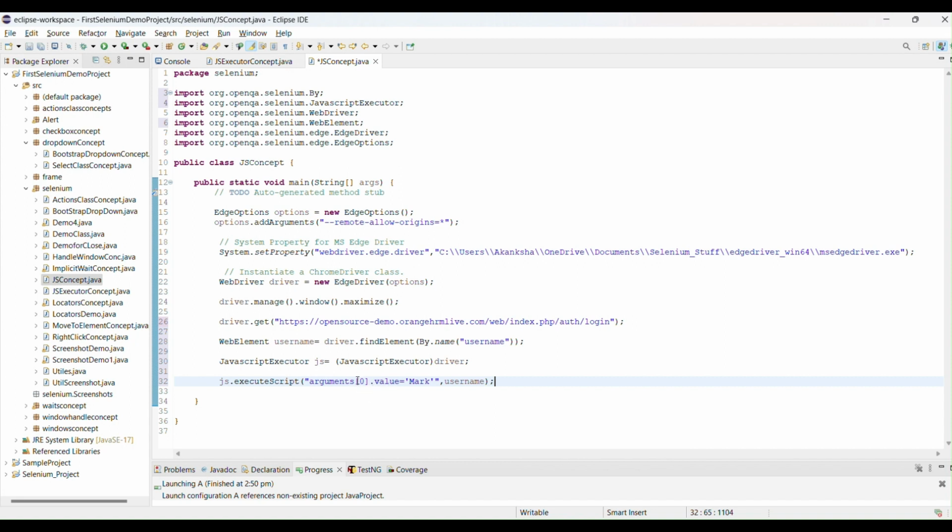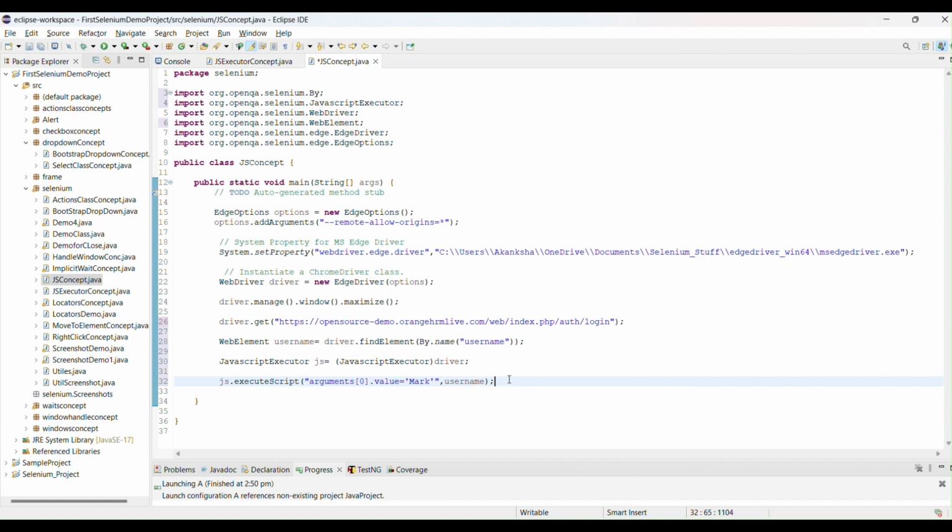Under this argument 0 value we are storing the Mark value, right? I want to enter username as Mark inside the username field. So this way we entered the value.